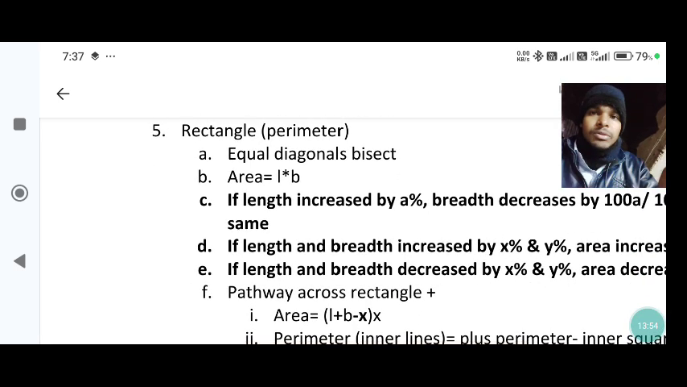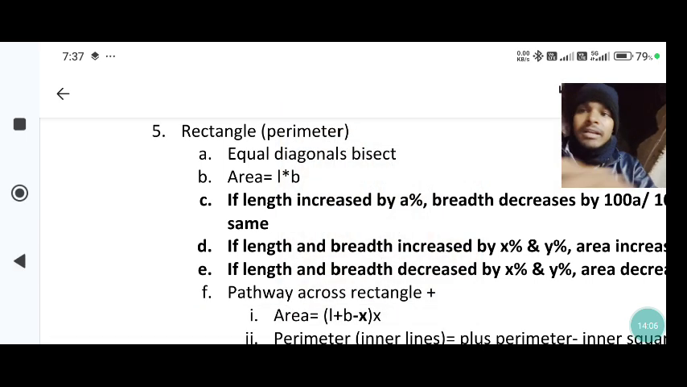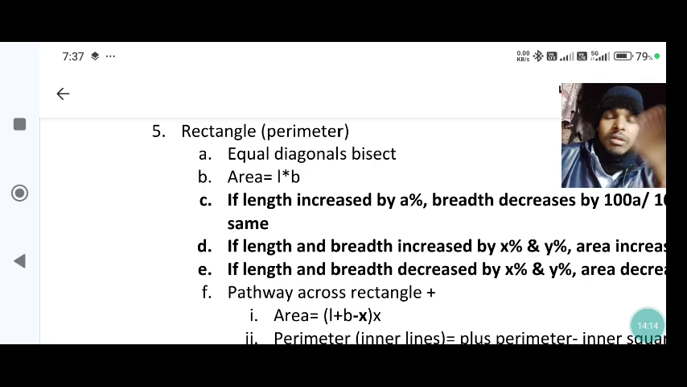What about the rectangle? 2 into (l plus b) is the perimeter. Here diagonals are equal, and they bisect. Equal diagonals only bisect here; this is not at 90 degrees. Why is it not at 90 degrees? Because all of the sides are not equal. Only if all of the sides are equal, then only it will